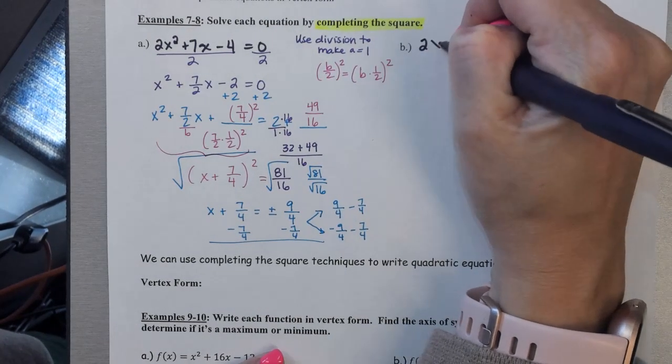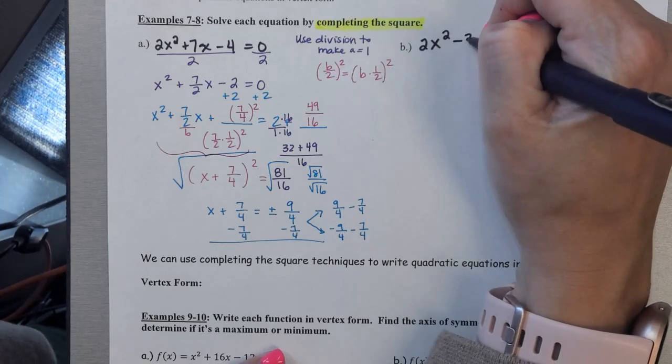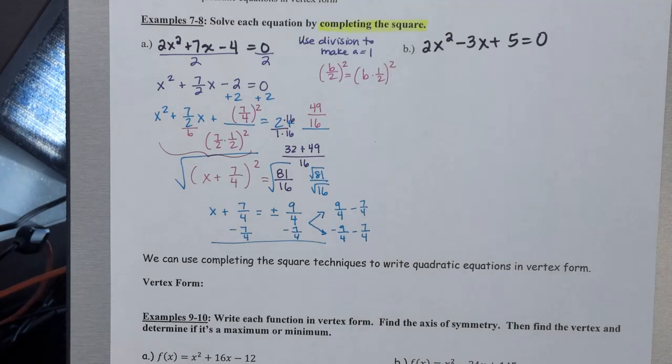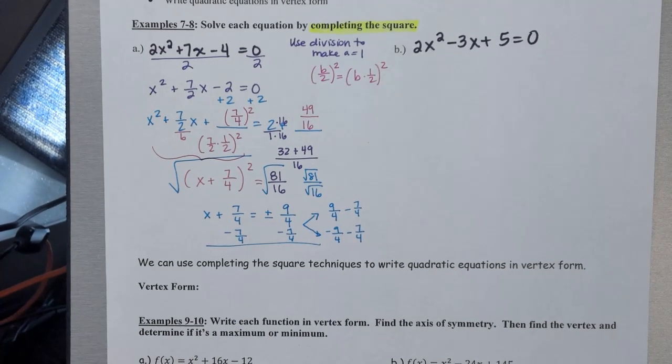And I know some of you guys are at different places, so once you finish A, you can start on part B. And I want you to double check if you have it in the